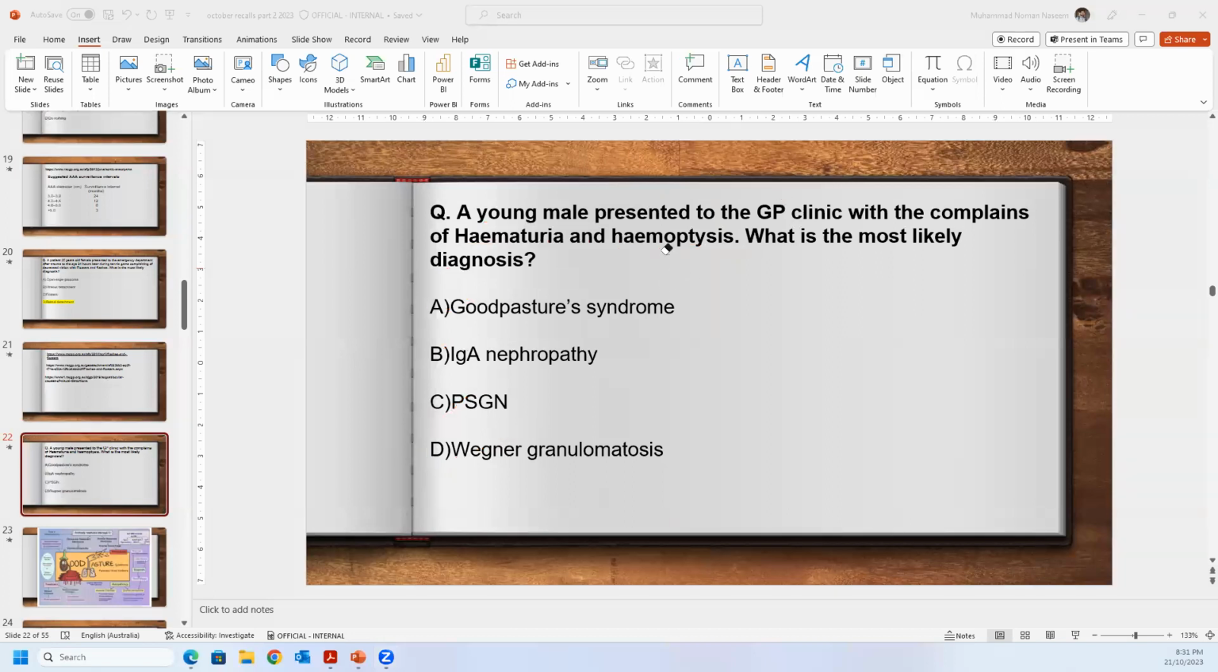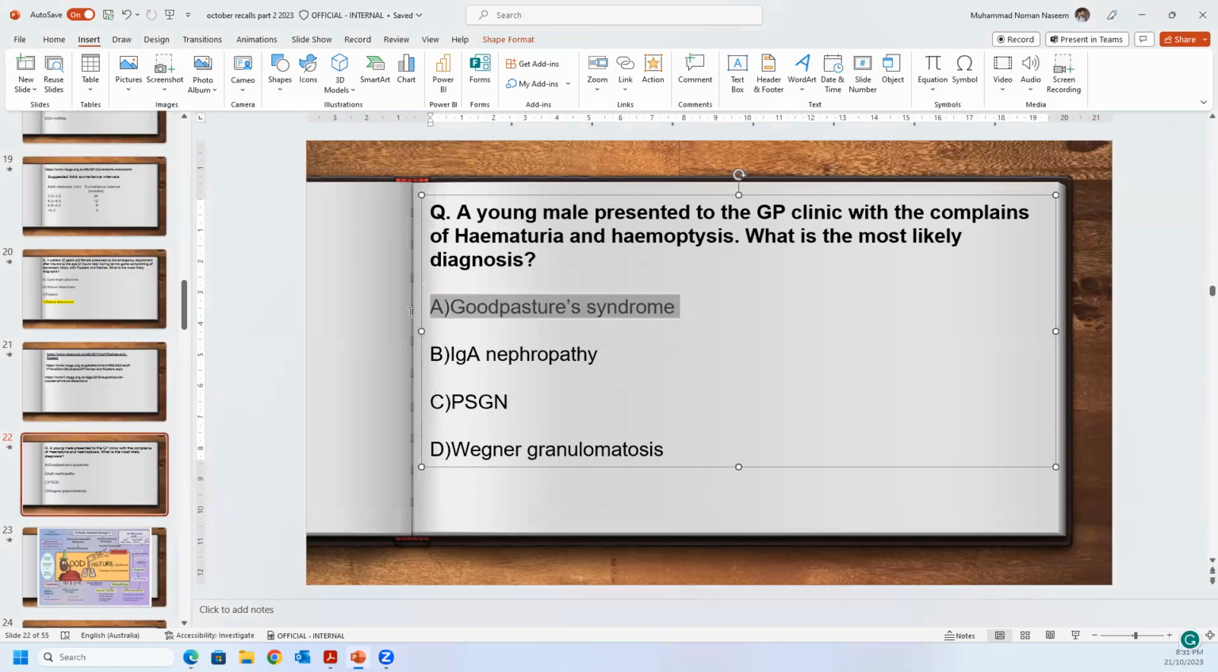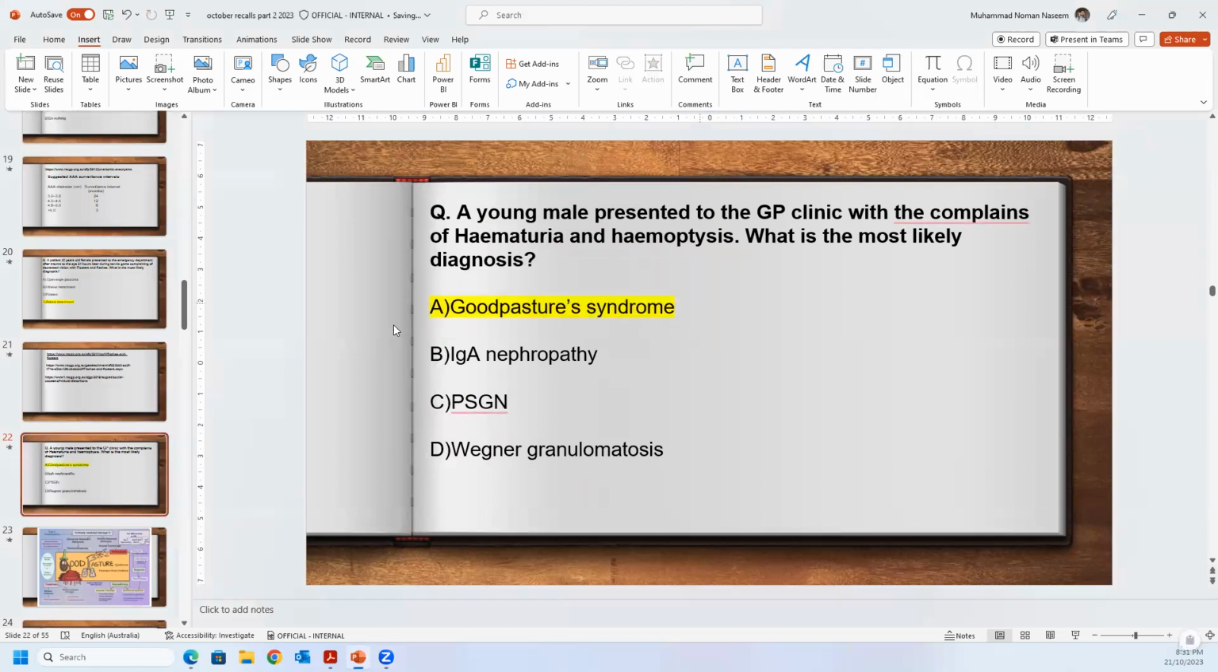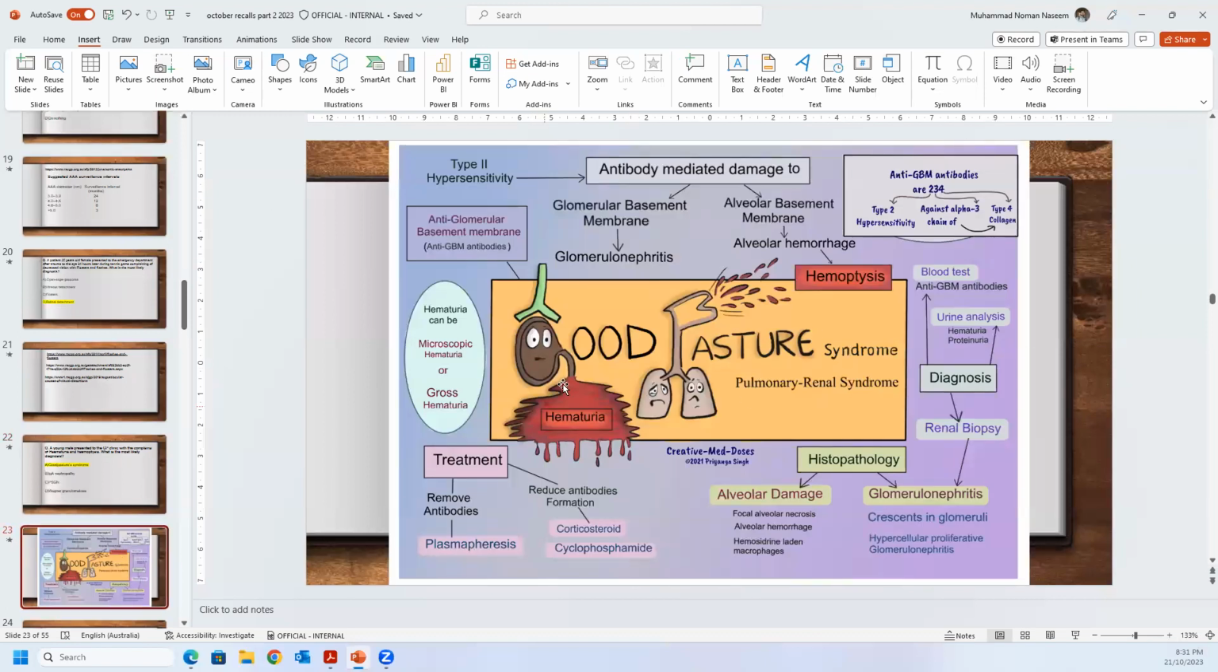IgA nephropathy and PSGN are both glomerulonephritis, in which the patient will present with high blood pressure, hematuria, and also sometimes edema as well. And there is mostly an infection of the throat preceding these two conditions. So if you look over here,